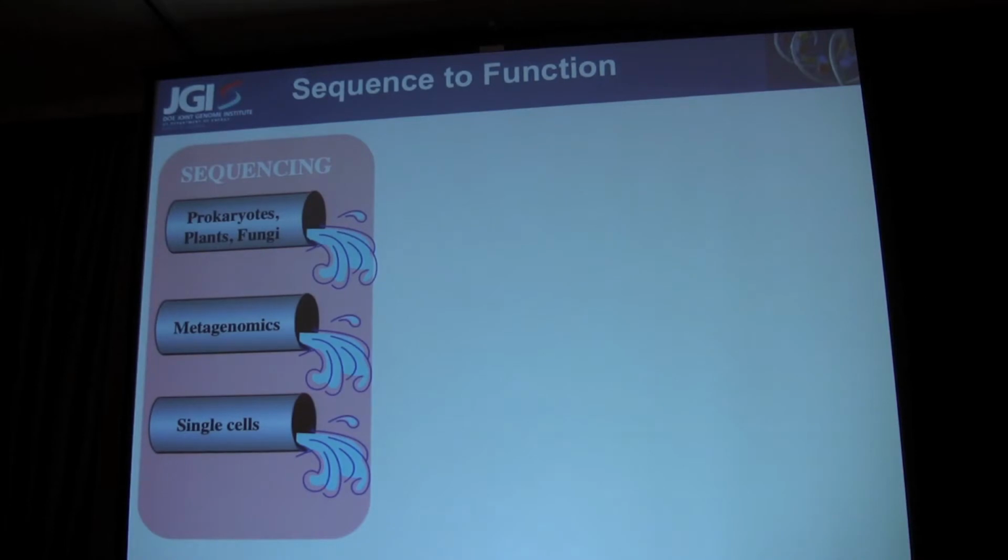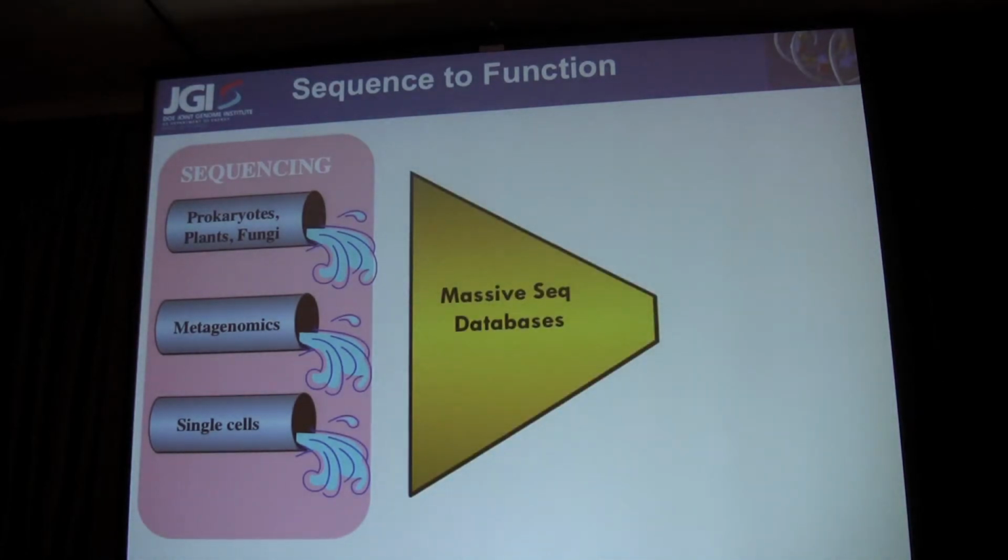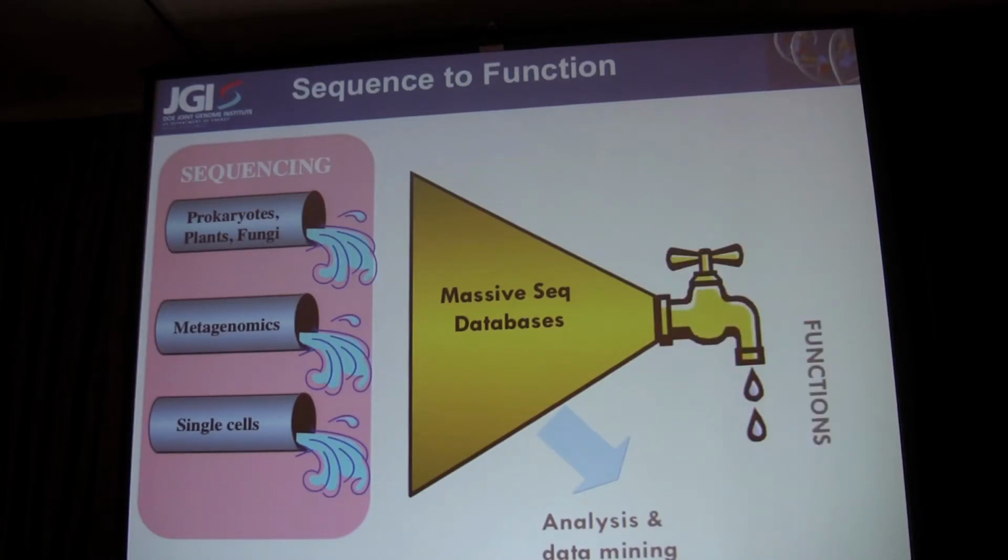So the way we see things is we've been generating a ton of data from different sorts of projects, from prokaryotic isolates to eukaryotes to metagenomes, single cells. So this has all gone to feed very large sequence databases. There's been a lot of effort at JGI also to develop very good databases that allow us to very efficiently query the databases and analyze what we find at multiple levels. But still, being able to convert all this electronic information back into applications that will help us solve everyday problems